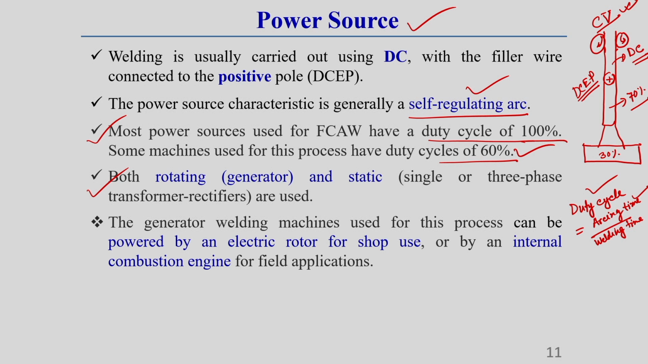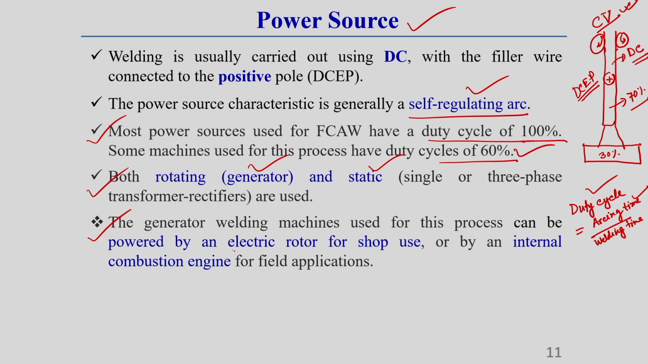A rotating type of power source is actually the generator, and a static type of power source means a transformer-rectifier type of system, which can have both single as well as three phase connections. Now, one thing you should keep in mind: once we go for using a generator, this generator sometimes uses